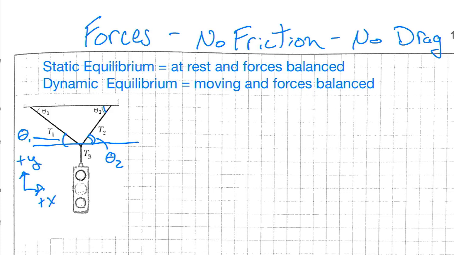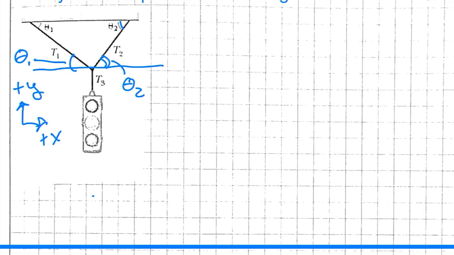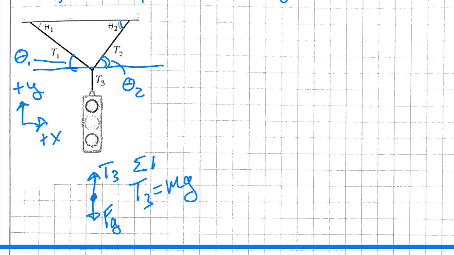T3, the tension in the lower chord, we can get that by saying that T3 up and the force of gravity down on the light are equal. So we get T3 equals mg for the traffic light. And that was based off of sigma F equals 0. Now, if we move up to the other junction